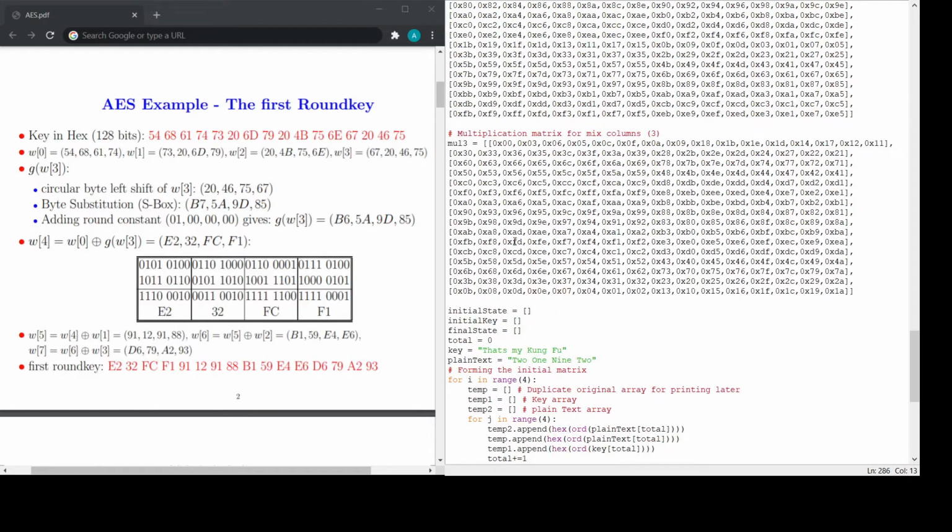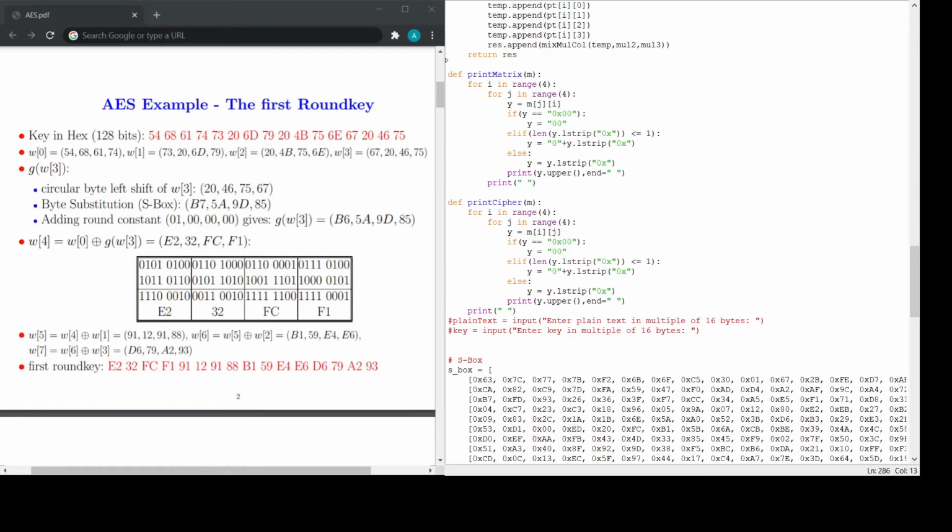The print matrix function, as you can see over here, takes the matrix as an argument, and since all hex values in Python begin with 0x, we use lstrip to remove the 0x from the beginning. If the value is 0x00, then the result from lstrip is an empty string, therefore we explicitly check for that case. Also, if after removing the 0x only one digit is left, then we add 0 just to make it look better while printing. Finally, we print the values. Here the values are printed column wise. As you can see, we are first printing j and then we are printing i.